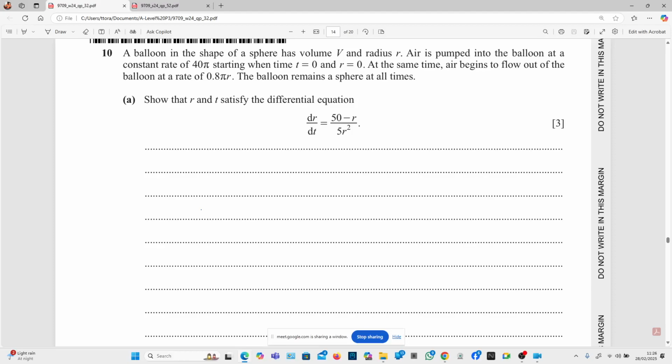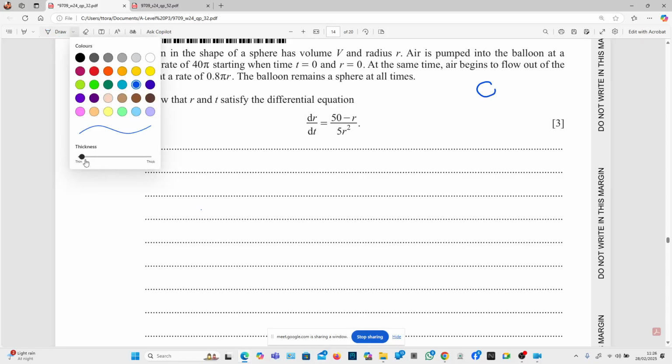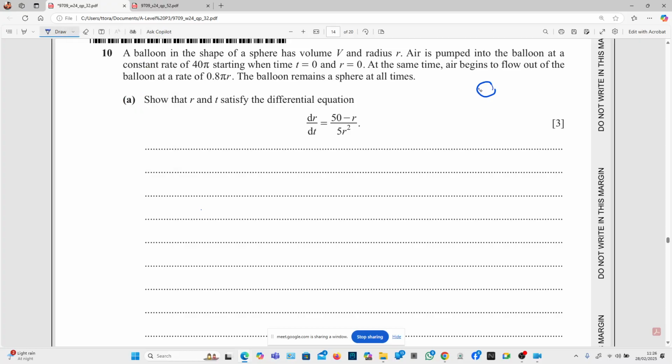We have question number 10. The balloon is in the shape of a sphere. Now we understand that a sphere has a volume and an area. Because we're talking about volume here, we're going to say the volume of the sphere is given as